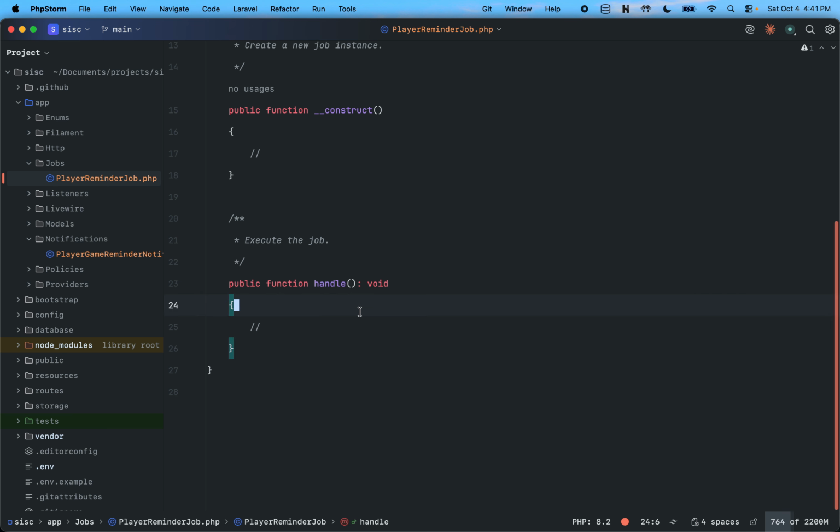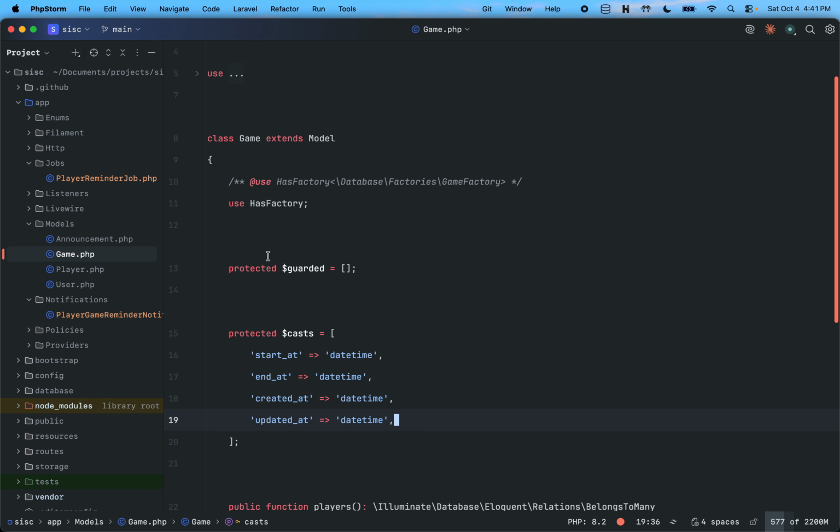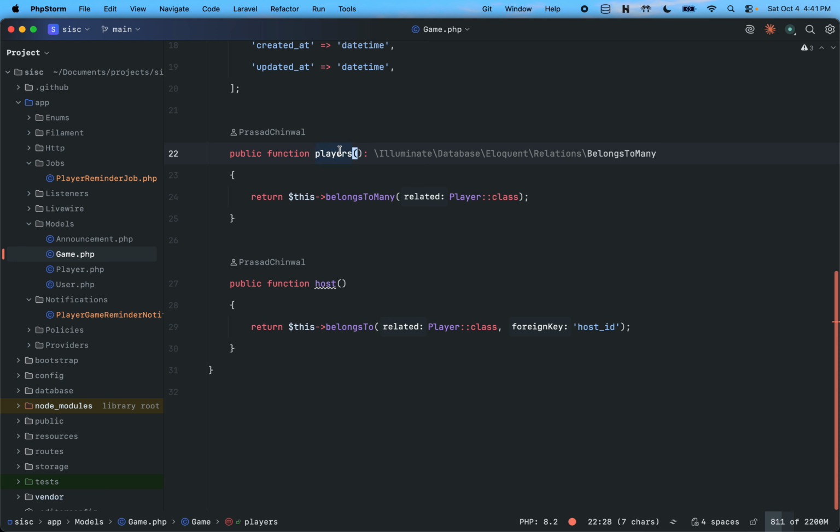So in the job, the first thing that we need to do is grab all the games which are due the next day, or maybe, well, which are due today, which are being played today. And then we also need the players who have registered for that game. So let's first go into the models and check the game. We have the players,